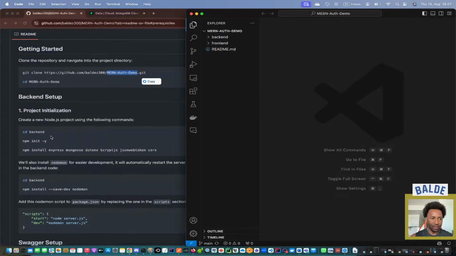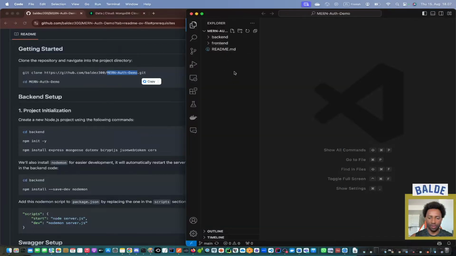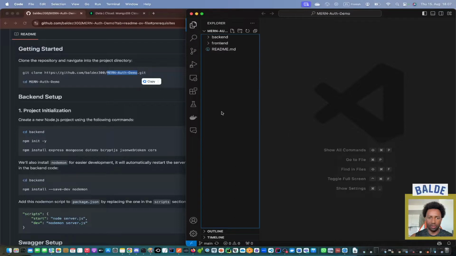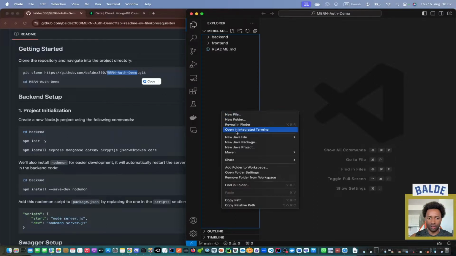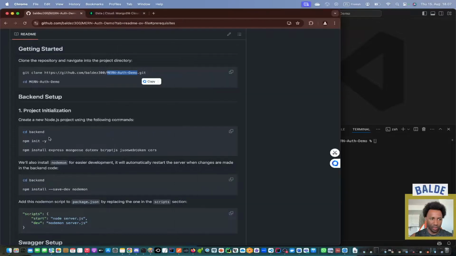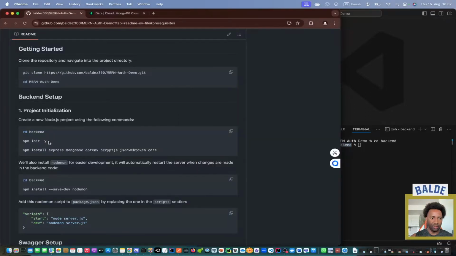So we are here. We can first go and open different terminals here. First, let's open this main terminal. Here is how you can do it: I just come here, click on this and come to this place. So this is pointing to our own project folder. And next we will go to the backend here, cd backend, and paste it here. As you can see now, we are in the backend folder,